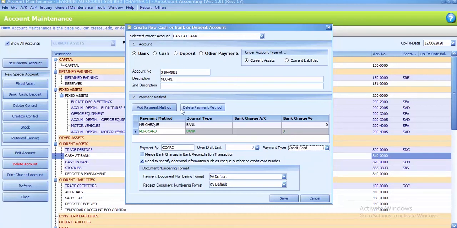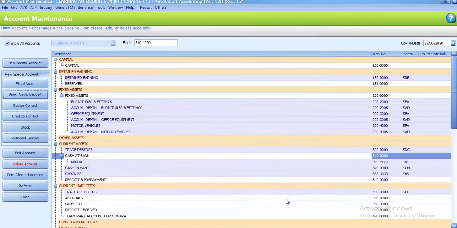After you are done with the first bank, you need to click on the Save button to save. When you save, you can see under your Cash at Bank there is MBBKL. Now we need to do another 2 more bank accounts, right? What you need to do remains the same. You have to highlight the parent account, which is Cash at Bank, and then after that you go to Bank